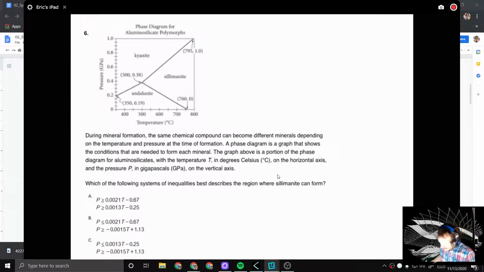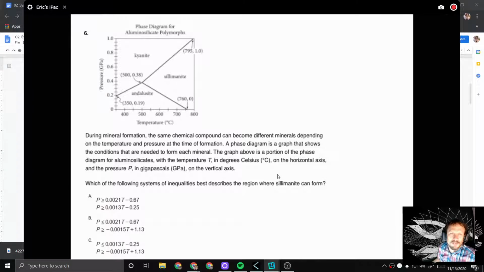Number 6, during mineral formation, the same chemical compound can become different minerals depending on the temperature and pressure of the time of formation. Phase diagram is a graph that shows the conditions that are needed to form each mineral. The graph above is a portion of the phase diagram for aluminosilicates with the temperature T in degrees Celsius on the horizontal axis, and the pressure P in gigapascals on the vertical axis. Which of the following systems of inequalities best describes the region where sillimanite